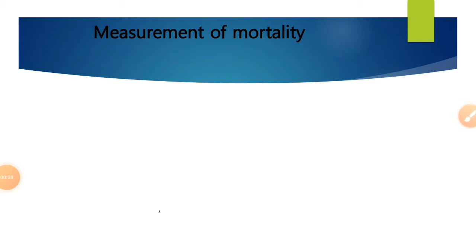See, age specific death rate cannot be used to compare two populations. The reason here is we will not get one complete value for the entire ages. So that's the reason we are not able to compare two populations. That's why now we are considering a new measure, that is standardized death rate, or it is also called STDR in short. So using STDR we can compare the death rates of two or more populations.